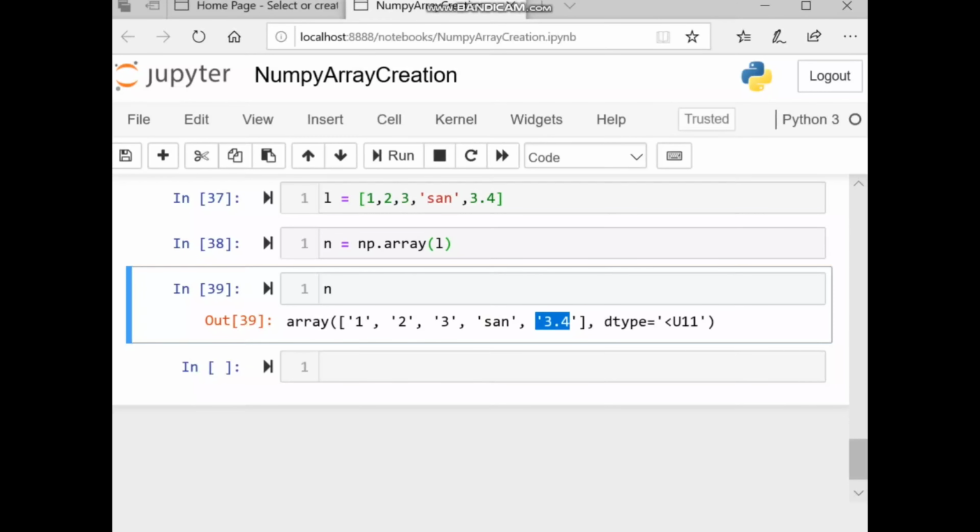so this is the main reason that a NumPy array is fast, because we can store only the same type of value, and it also works on the same type of data. Okay, you can do more practicals here and update yourselves.